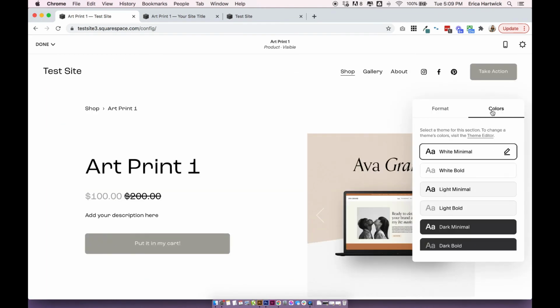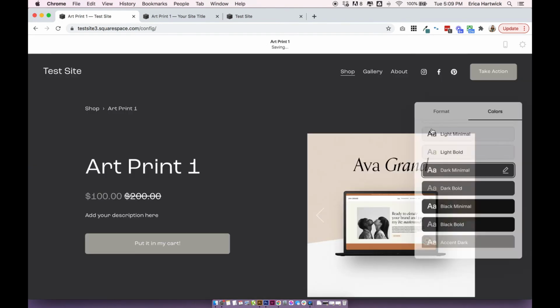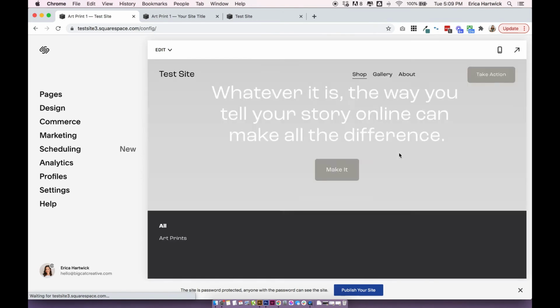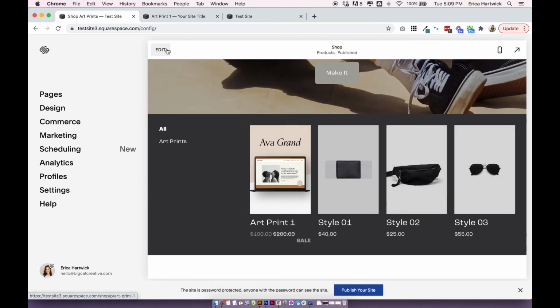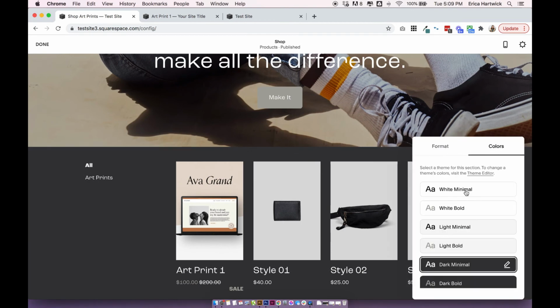Under colors, you can actually change the color of your product. But I will say a note of caution here that whatever you change here will populate on all of your products, and it will also populate on your main shop. So I'll quickly show you if you wanted to change this to dark minimal. If I save this color and head back into our main shop, you can see that it's changed the color here now too. So I'm going to change it back to white minimal